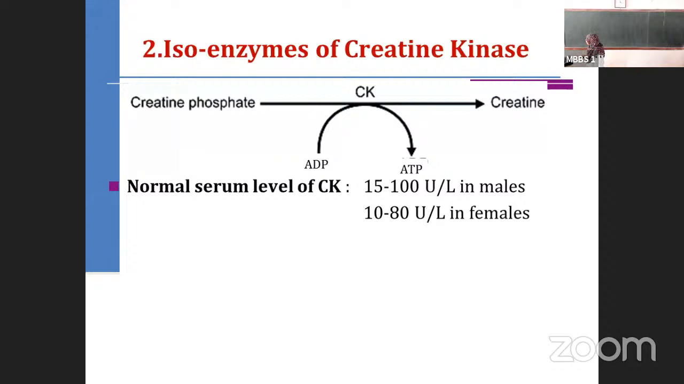Here you see ADP is converted into ATP. Whenever we do exercise, creatine phosphate, a high energy compound, immediately gets converted into creatine, and ADP takes up the phosphate and gets converted into ATP. So this is the immediate source of energy when we do exercise. This reaction is catalyzed by the enzyme creatine kinase. Okay. What is the normal level of this creatine